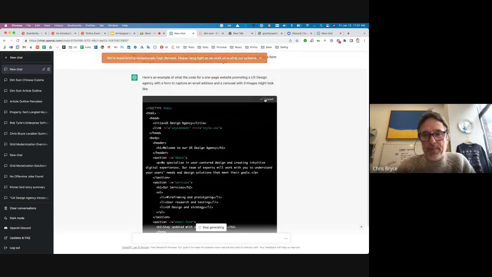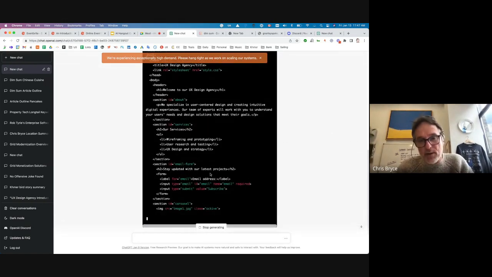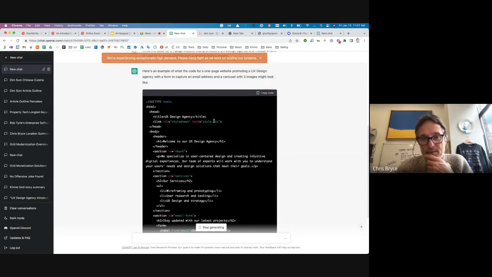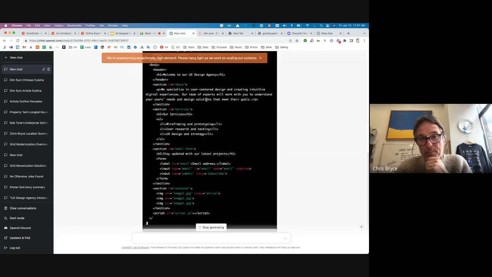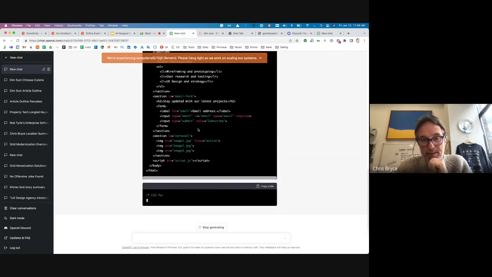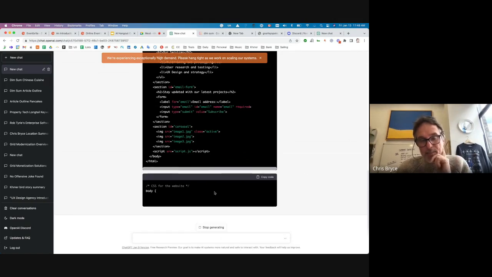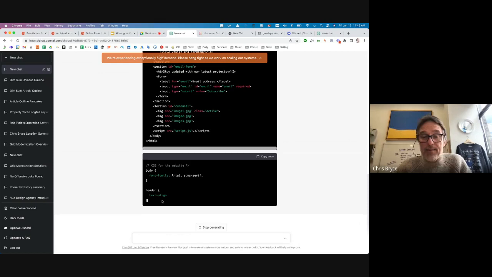The code can be copied directly as plain text and put into a code editor. You simply replace your images and your body copy, although it did prompt some body copy in here already. And in this case, I had the CSS separated from the HTML. And yeah, that's how that works.